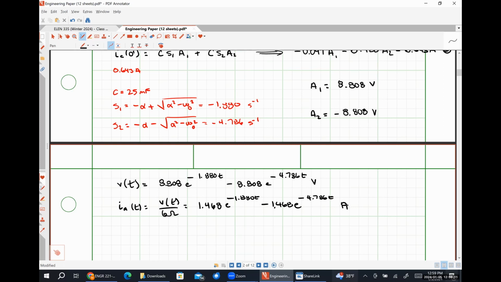Looks like I'm off by about 7 milliamps, which is just rounding error because I do my solutions using